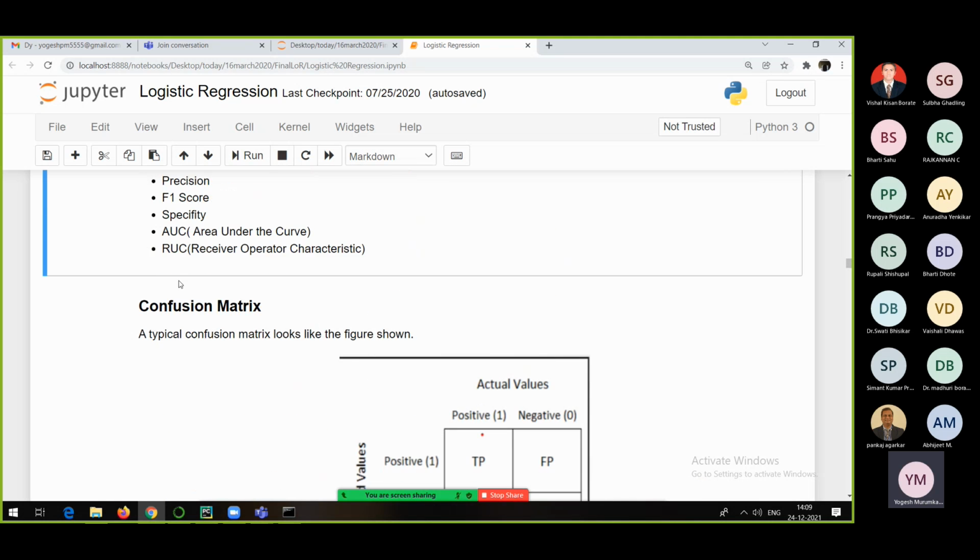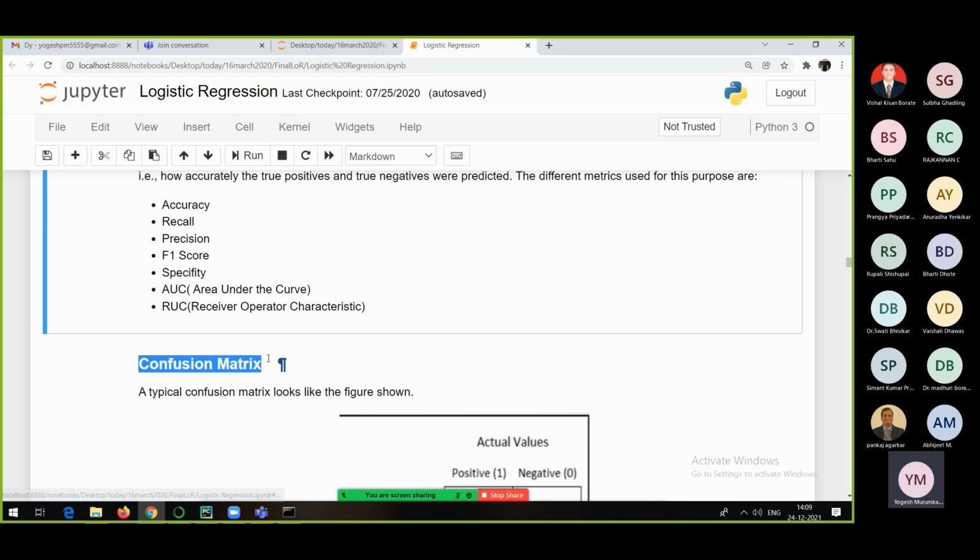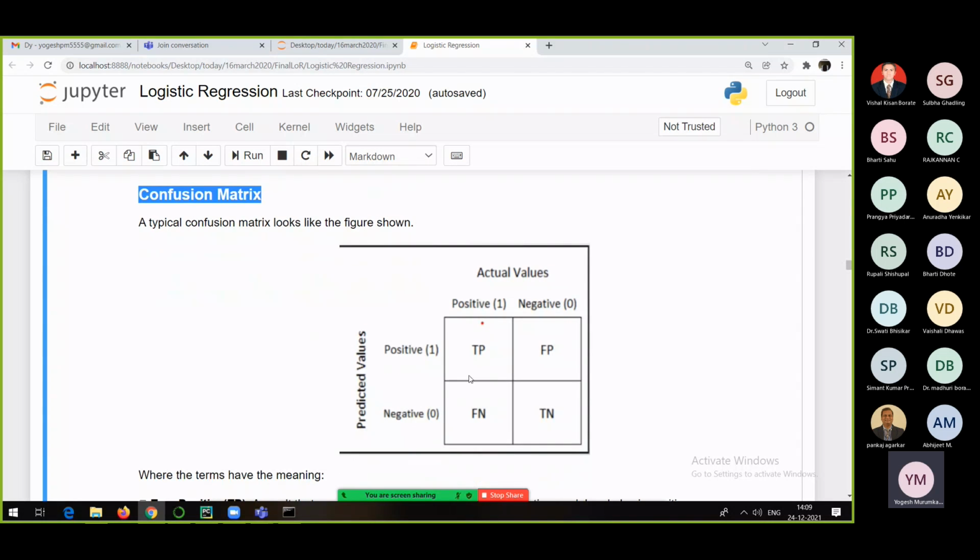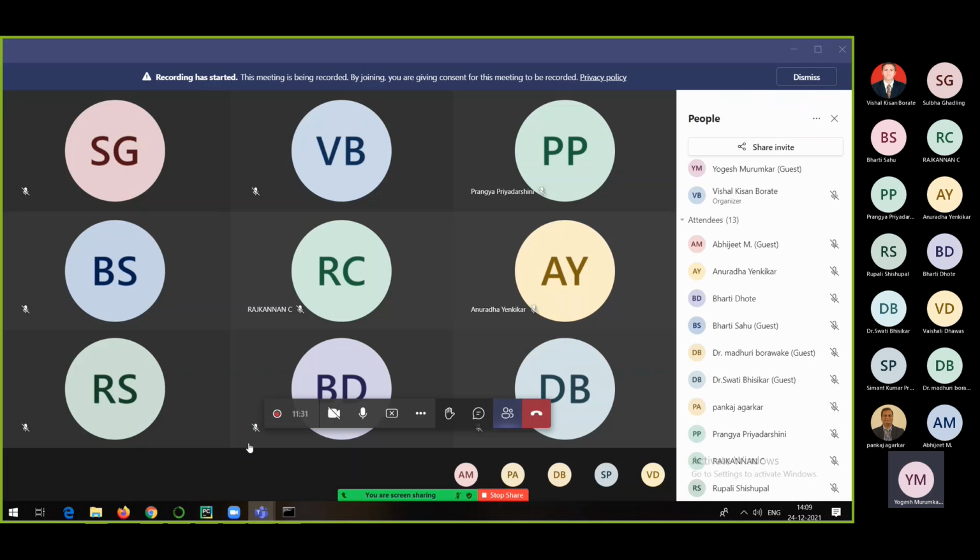So I hope everyone got what a confusion matrix is. It has all these values: true positive, true negative, false positive, false negative. And yes, we have already discussed this with the help of a simple example. If there are 500 patients, what type of data will you be getting?